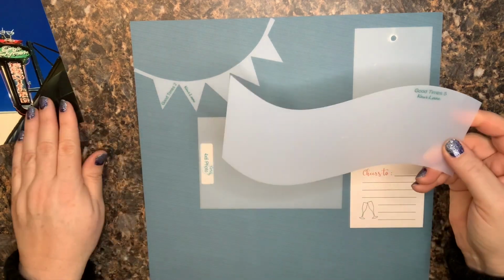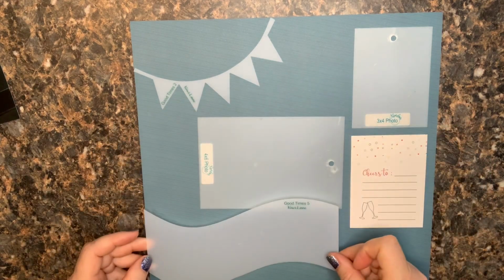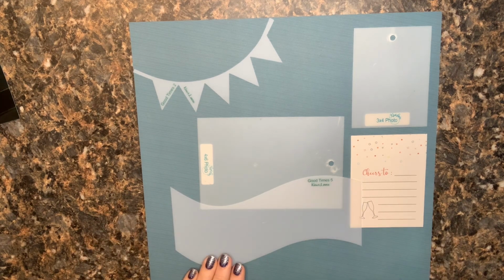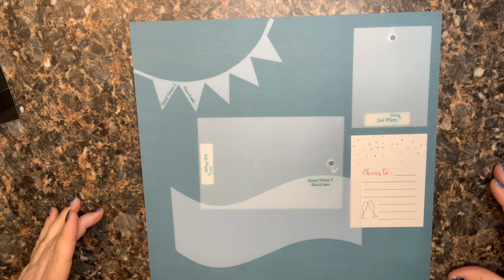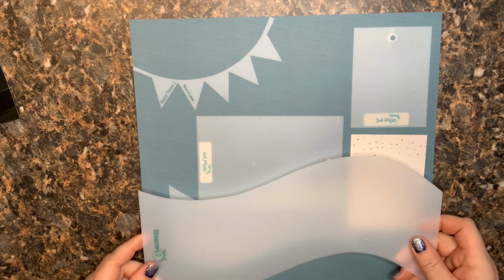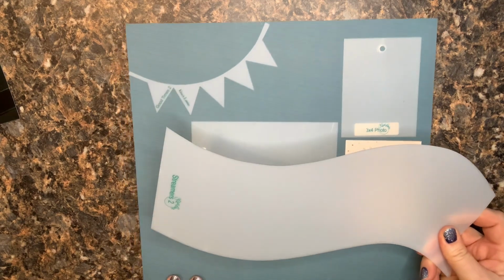I grabbed the new template that came in this month's kit. This is Good Times 5, and I was thinking about using it somehow here. But then I really wanted something going all the way across the page. So I thought, well, I'll get the bigger version of this that's part of our streamer set. I pulled that out, and while I do like this,